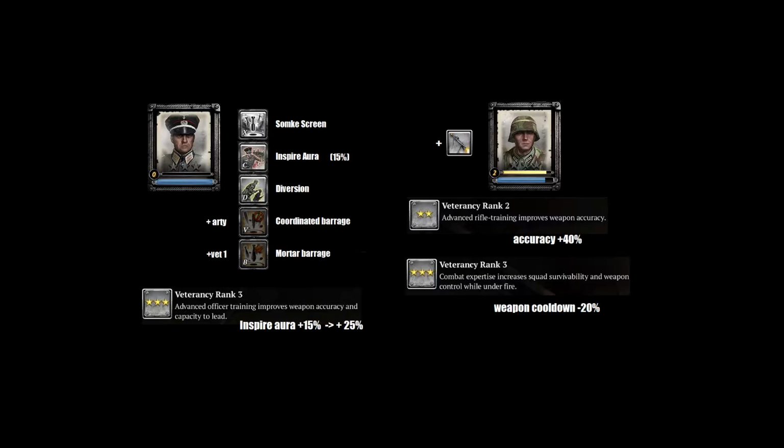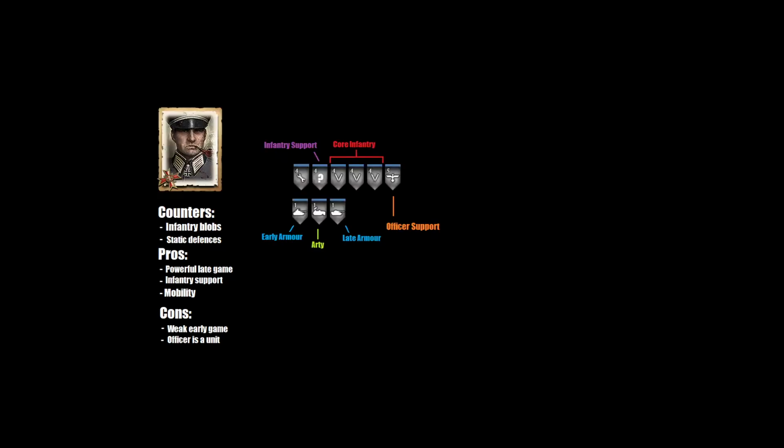Like, who would expect such a huge number there? And on rank 3 you have 20% faster shooting speed on your weapons. And this is, if we will be trying to combine all of these things, our infantry could easily become unstoppable if we combine all of these things together. We'll be seeing how that works on the replay example, and for now let's take a look at what this doctrine